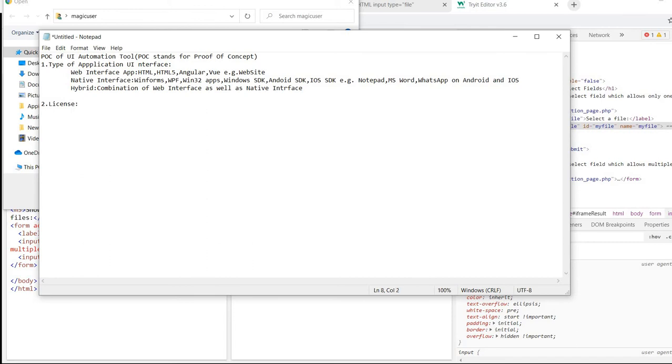Now, if we want to choose a licensed application, there are a few things we need to know about the licensing. There are basically two kinds of tools: one is perpetual license, and the other is subscription based.